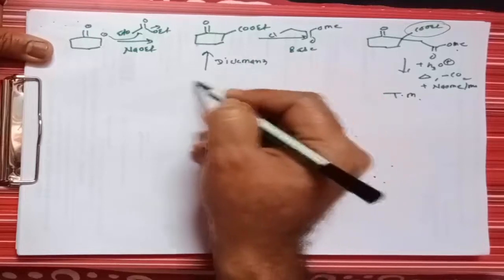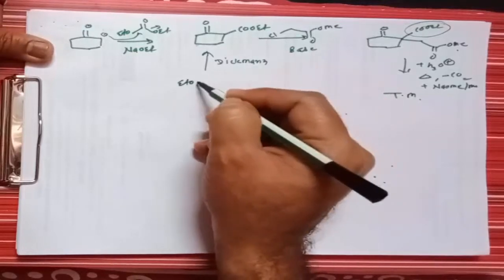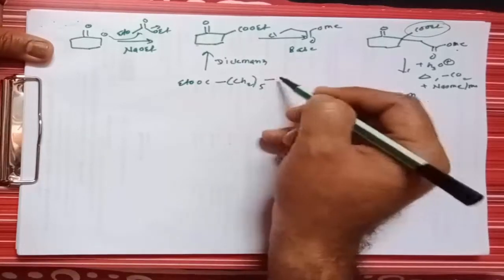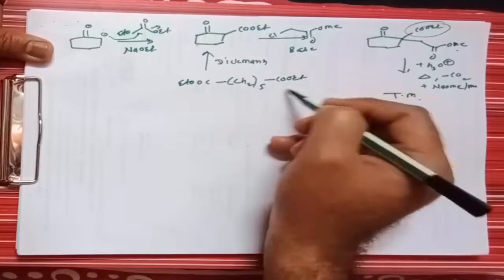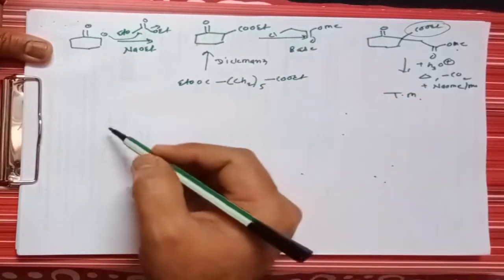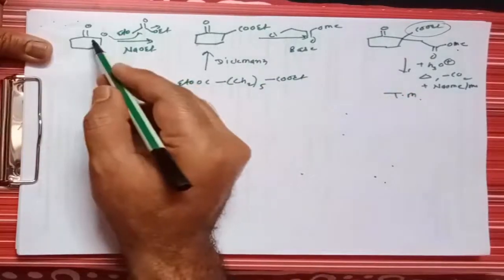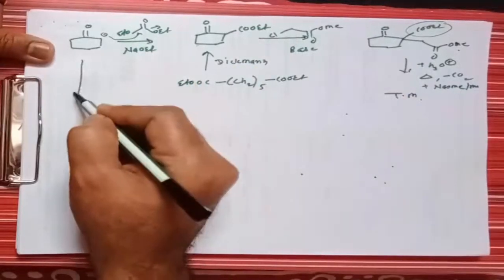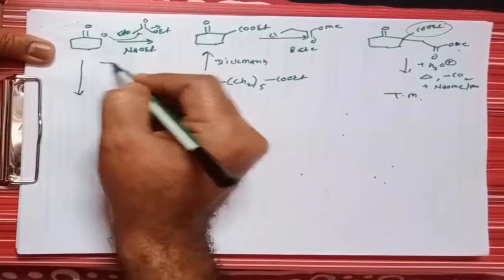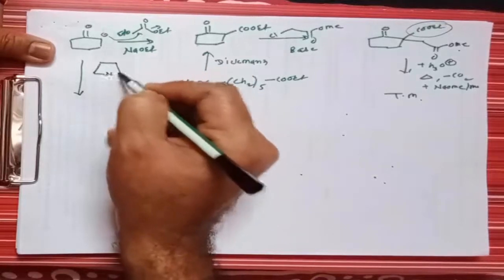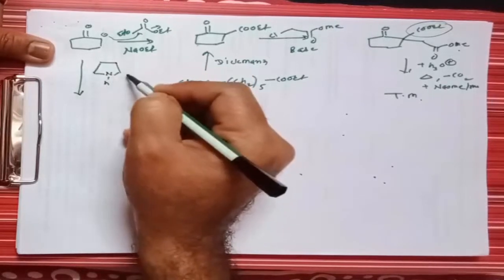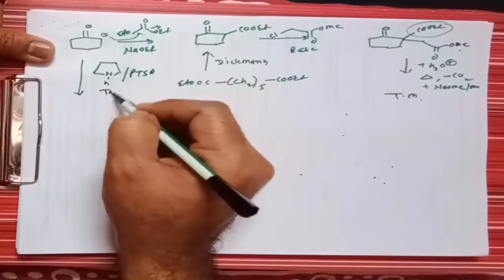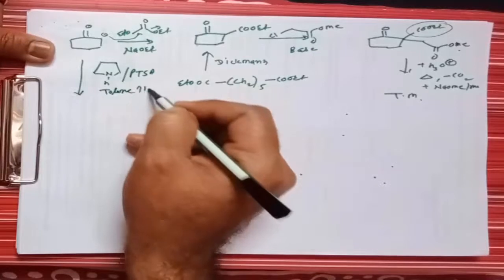That means we have to take the ester molecule which contains the methyl group and COOEt, and in the presence of base it gives Dieckmann cyclization, so you can use this type of molecule for the synthesis of this molecule. The second route is called the enamine approach. In the enamine approach we can use a base, and in the presence of para-toluenesulfonic acid, if you reflux in toluene, what does it give?